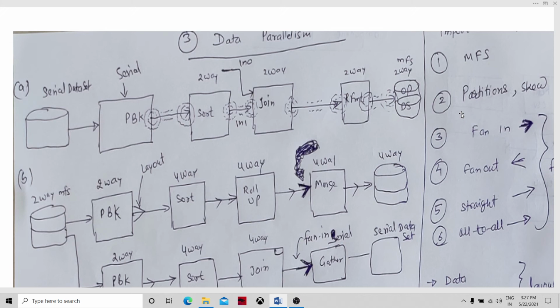So if we have an imbalance of data, let's say 10 records, there are three keys. For one key there are 8 records, for another key there is one record, and the third key will have one record. That is a highly skewed data set.